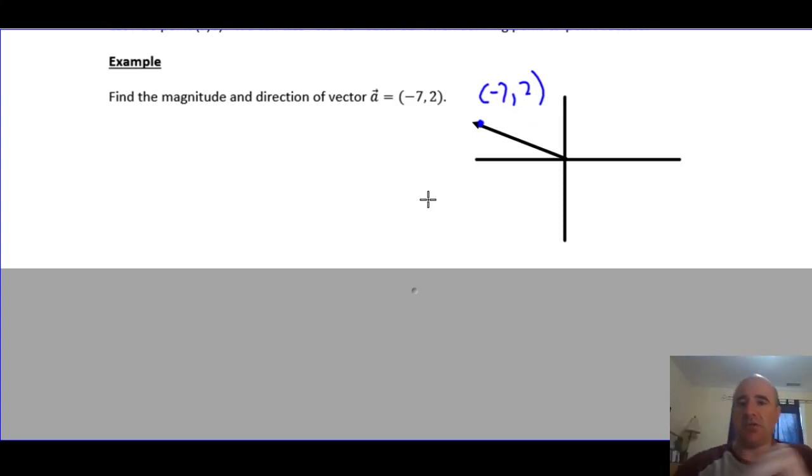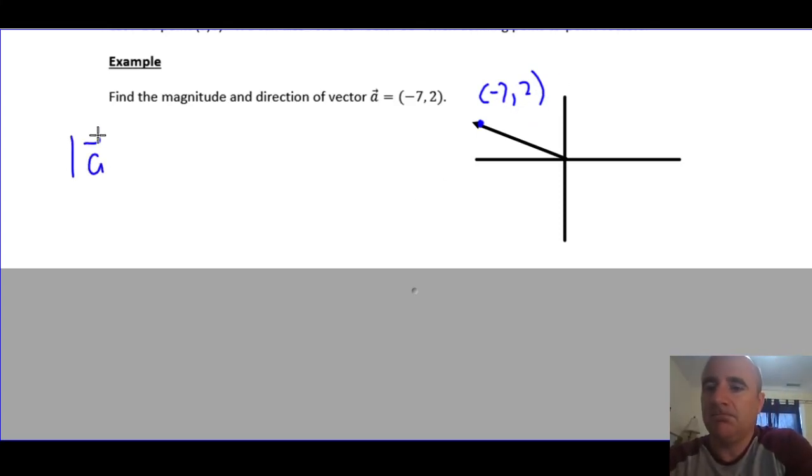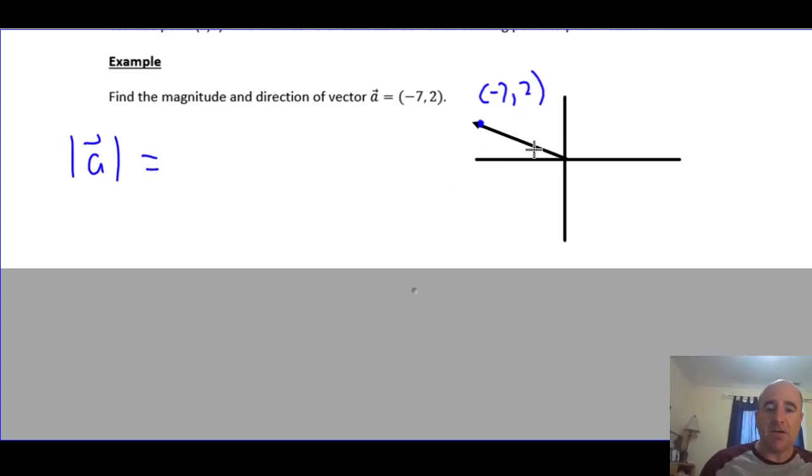Okay, so let's start with the magnitude of A. And how do we calculate that? Well, it's not that difficult. If you look, you've got a triangle here where this side is 2, and this side here is 7 or -7. And we can use Pythagorean theorem to solve for the hypotenuse, which represents the length of the vector or the